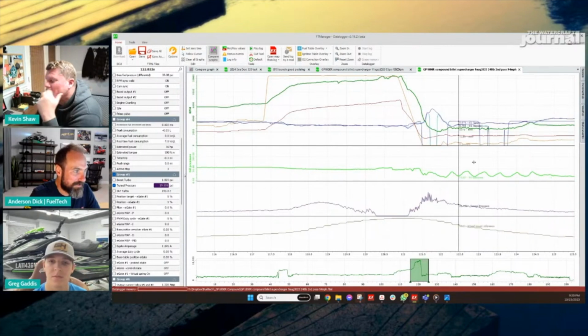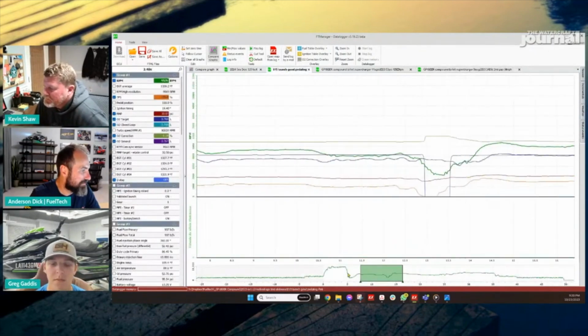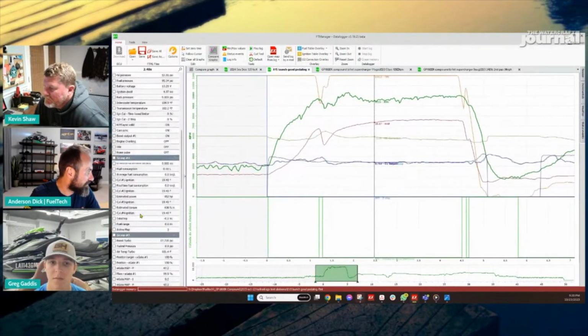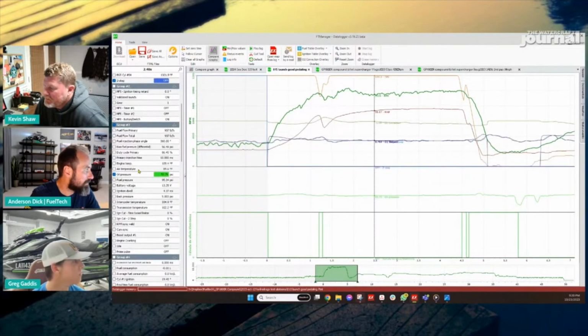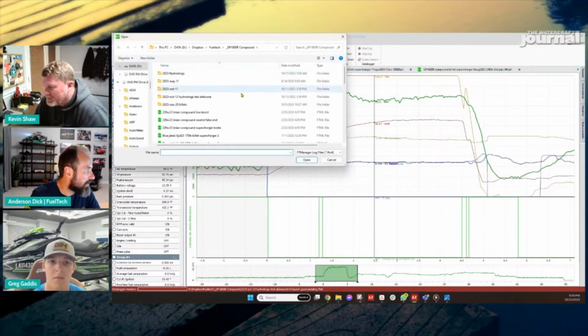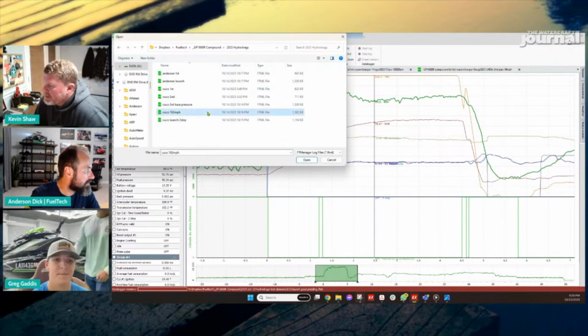Every time it decelerates, it goes like that. And it wasn't the oil being superheated; it was being aerated. Now, was it being aerated by